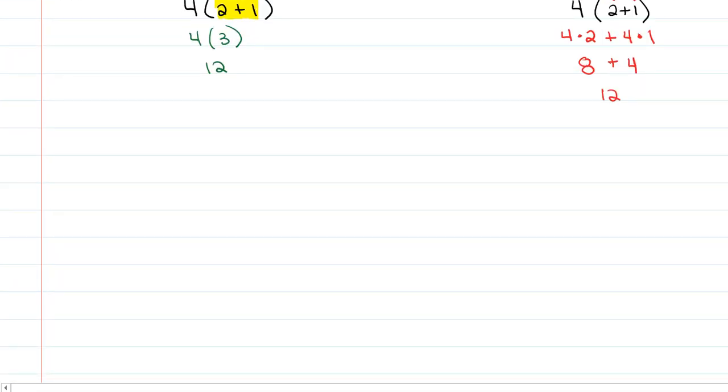The reason we do it, though, is because when we want to simplify expressions with variables, we can't just use the order of operations. Like if I give you, let's say, 5 times x minus 1. If I told you just use PEMDAS and I didn't tell you at all about the distributive property, we wouldn't be able to do anything. We're stuck here, right? Stuck. However, if we use the distributive property,